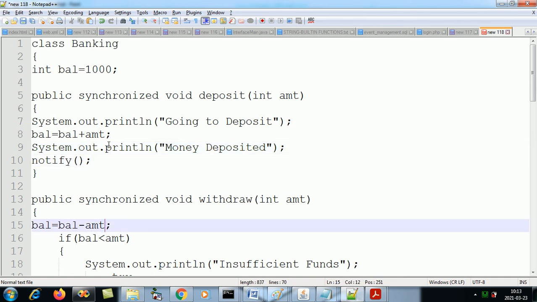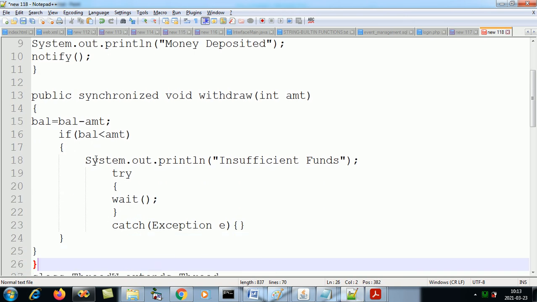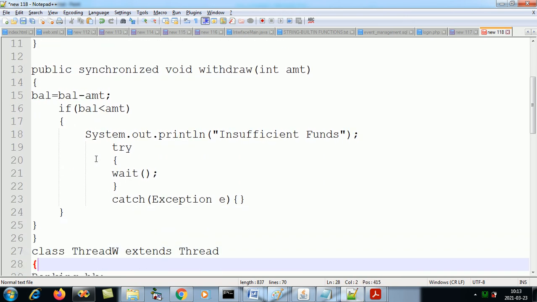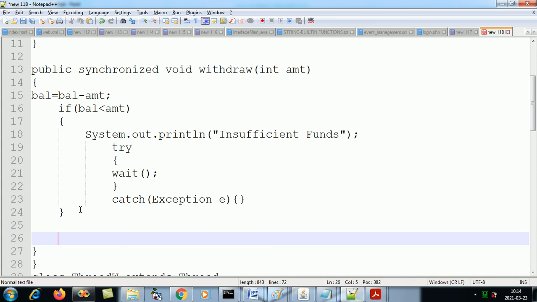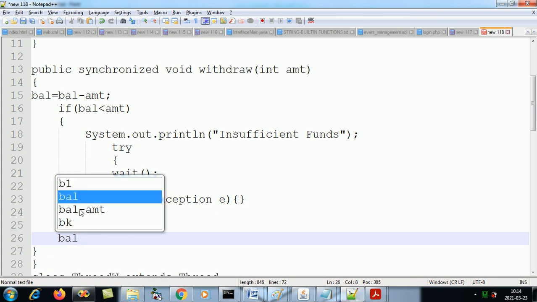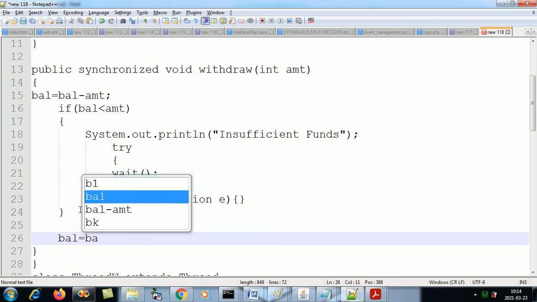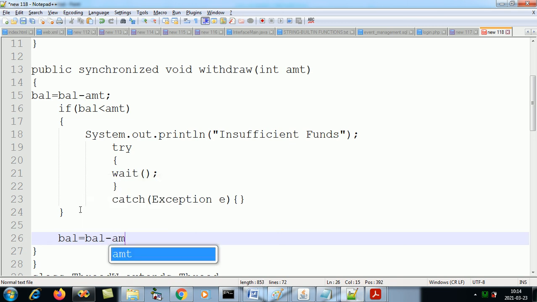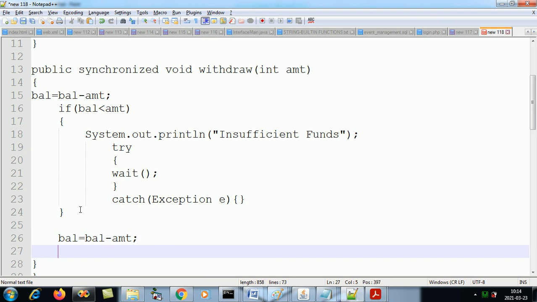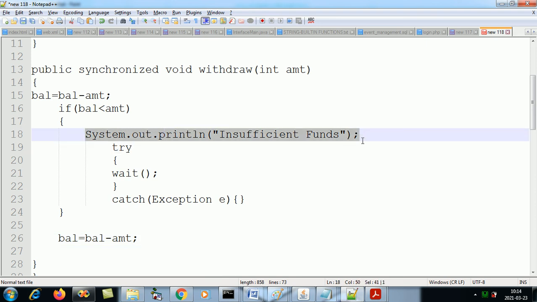Once it receives the notification, it will withdraw the money. So after this if is done, it will withdraw the money. What will be the balance after withdrawal? Balance equals balance minus the amount, and then you can display the new balance.